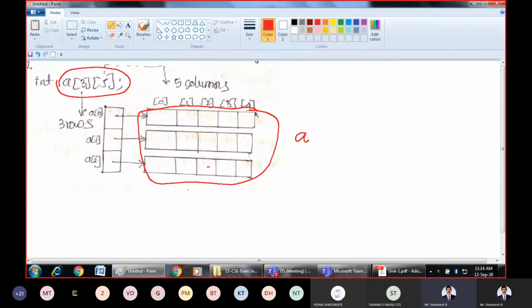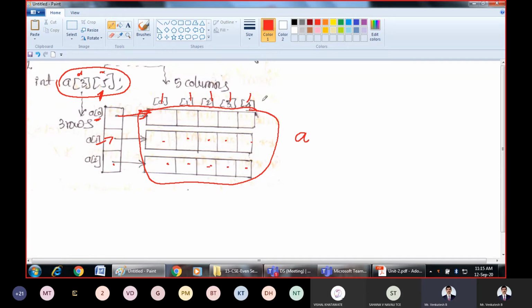But actually what happens at the implementation level is we are first assigning 3 pointers, 3 rows. We are first assigning row pointers. Then for every row pointer, we are assigning 5 columns. That means first create a row, that is A of 0, the first row. Then that is going to contain 5 columns: first column, second, 3, 4, 5. Then A of 1, the second row, is also going to contain 5 columns. Third row, that is also going to contain 5 columns.